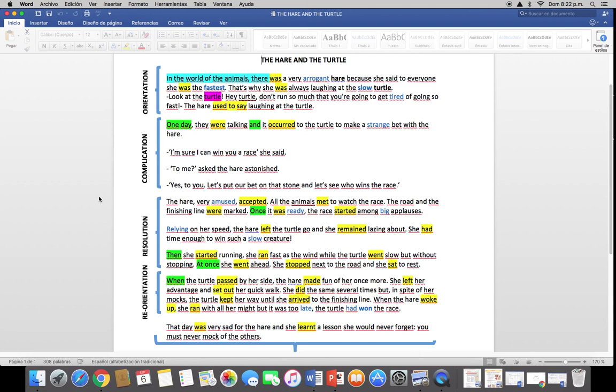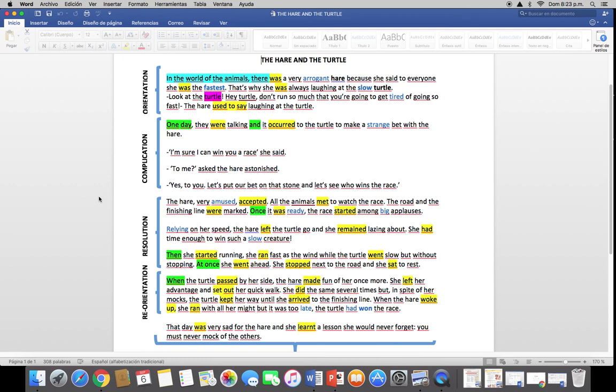Then she started running. She ran fast as the wind, while the turtle went slow without stopping. At once she went ahead, she stopped next to the road and she sat to rest. When the turtle passed by her side, the hare made fun of her once more. She left her bench and set out her quick walk. She did the same several times, but in spite of her mocks, the turtle kept her way until she arrived